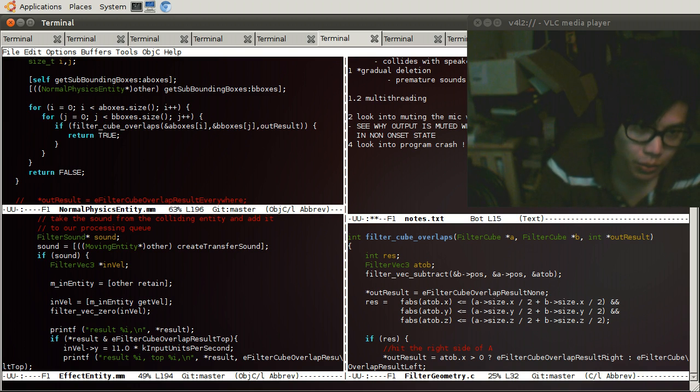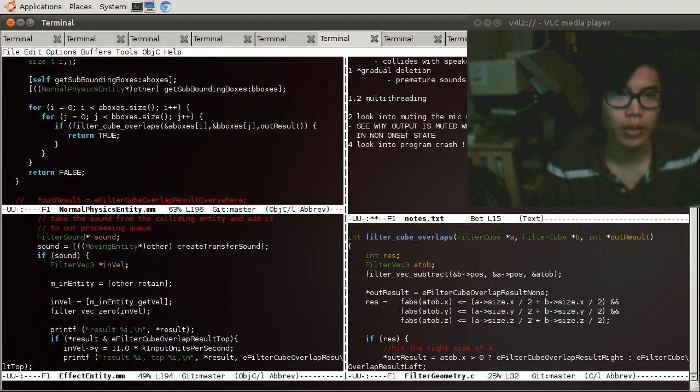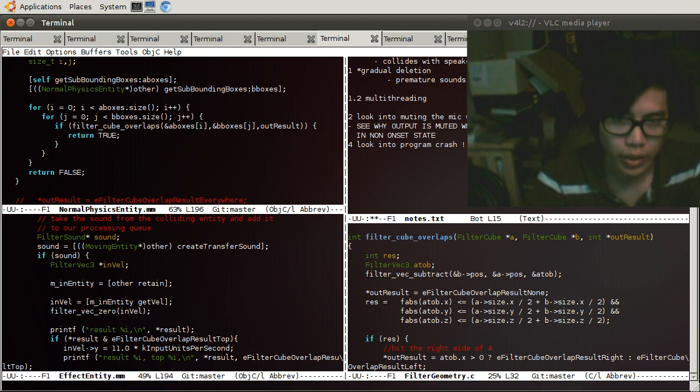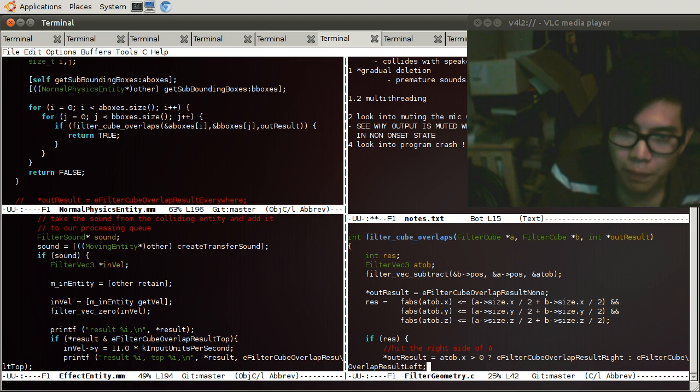And this will pass. We'll flip this around and okay. Right. Yeah, and we use this simple subtract method to see if we overlap. So if A